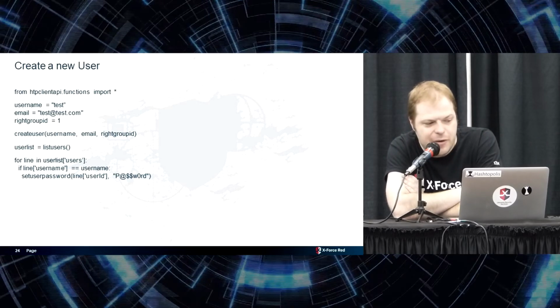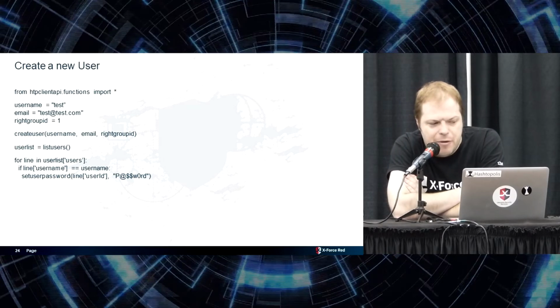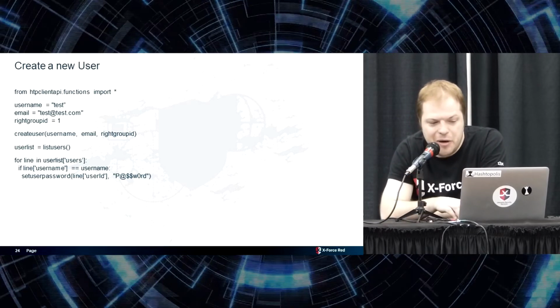But yeah, you call create user first. You specify username, email, right group ID, and then you need to list the users to get the user ID for the user you just created so you can set his password. So what we're doing here is going for line equals user list from a user list call. If my username matches up, we set his password, and we're good to go. So that's kind of handy in that case if we want to onboard bulk